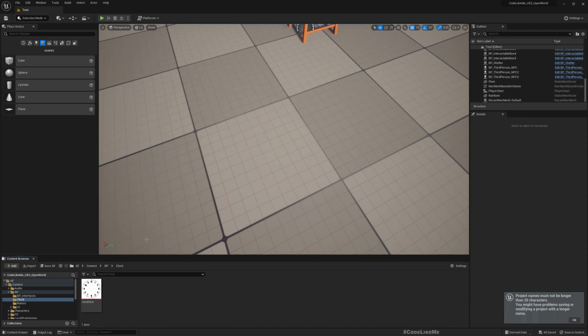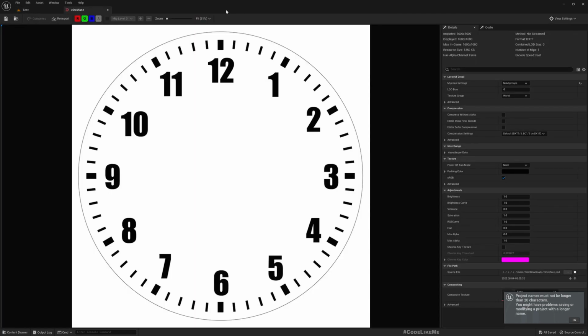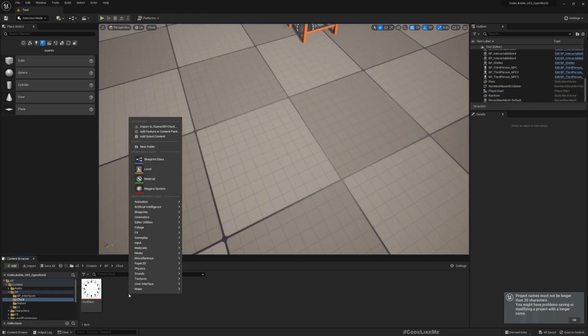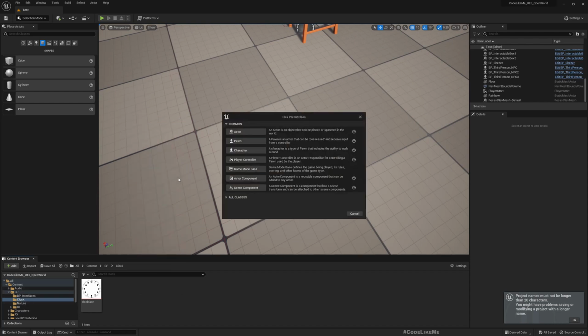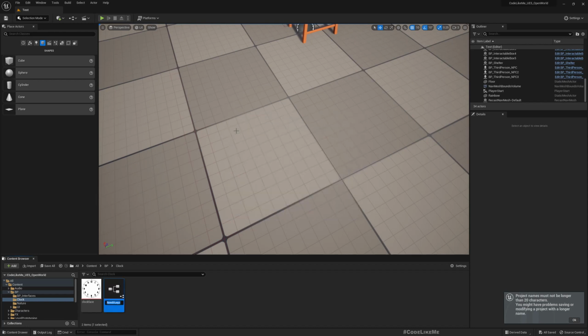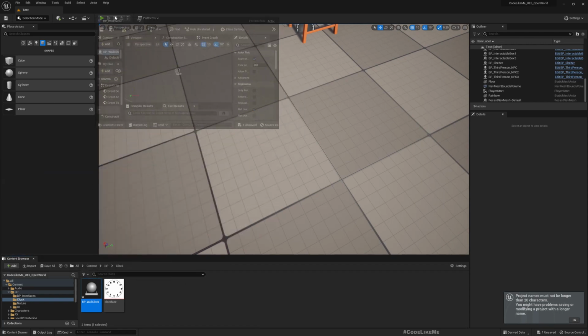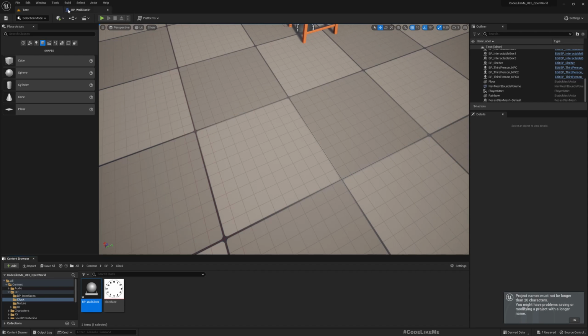Okay, so I have imported this texture that I am going to use as the clock face. So I'll create this folder inside BP folder. I'll create a new blueprint in the type of actor, BP clock. Let's call it wall clock, BP wall clock. Let me open it. Alright, now